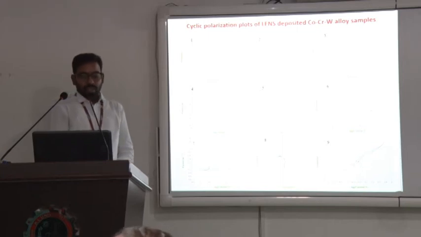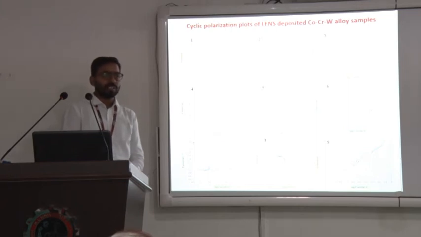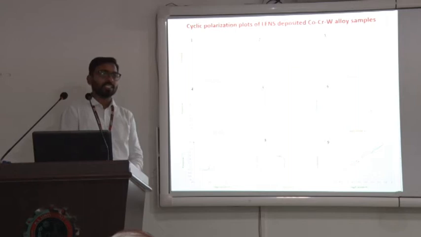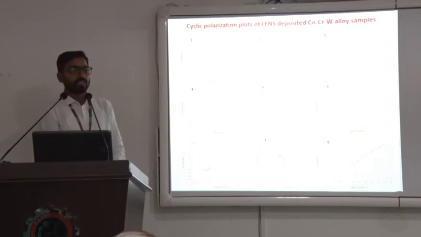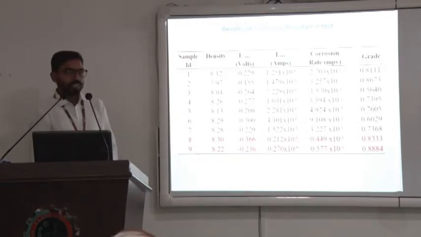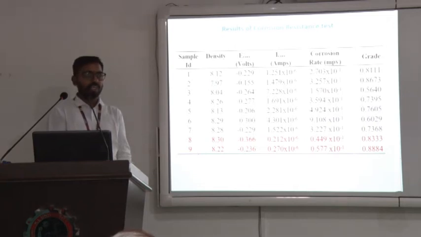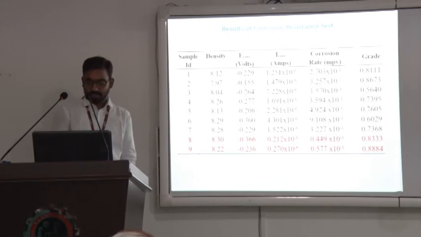to corrosion. Here samples 7, 8, 9 have the same laser power, 350 watts, but the powder feed rate and scan speed are different for these 3 samples. After analyzing, we can see that for the corrosion samples, laser power is not influencing much. This is further supported by the results. These are the data derived from the Tafel plots and calculated. Similarly, I made the grade analysis. The red marks show samples 8 and 9, which have very lean corrosion and high resistance to corrosion.